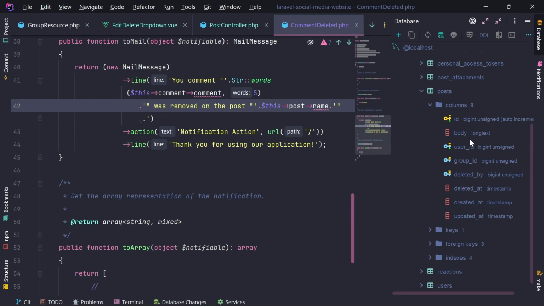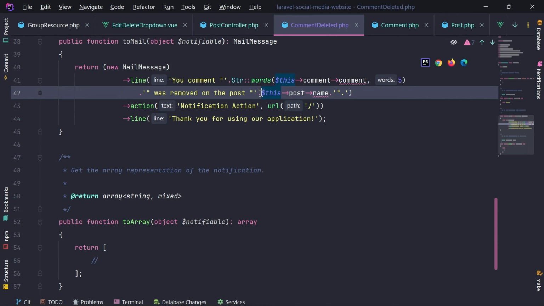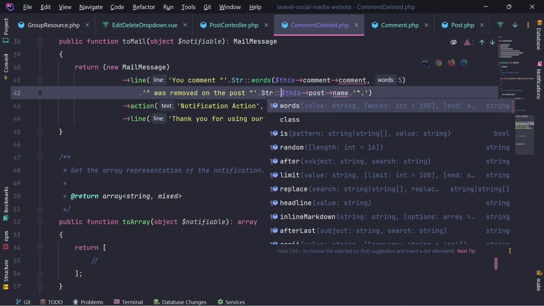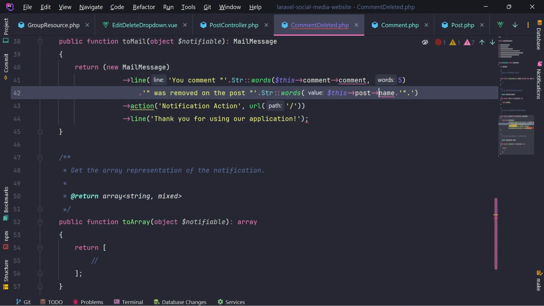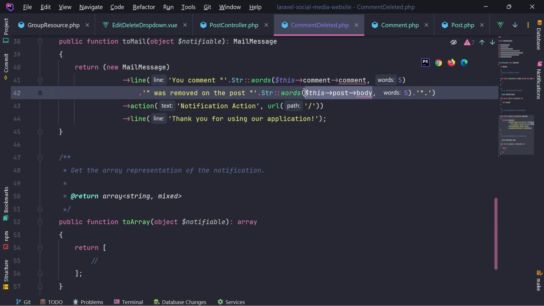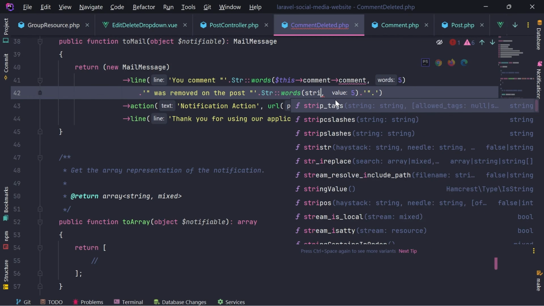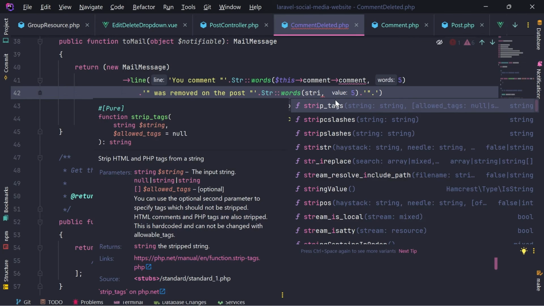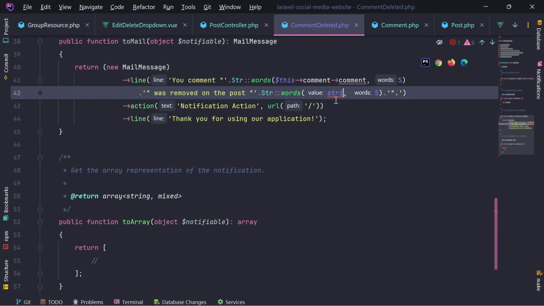The post doesn't have a title, doesn't have a name, it only has a body. So maybe we also need to use str words from the post body, the first 5 words, but this post body might also contain tags, so we should probably call strip tags. But also the body might be empty because we might attach only